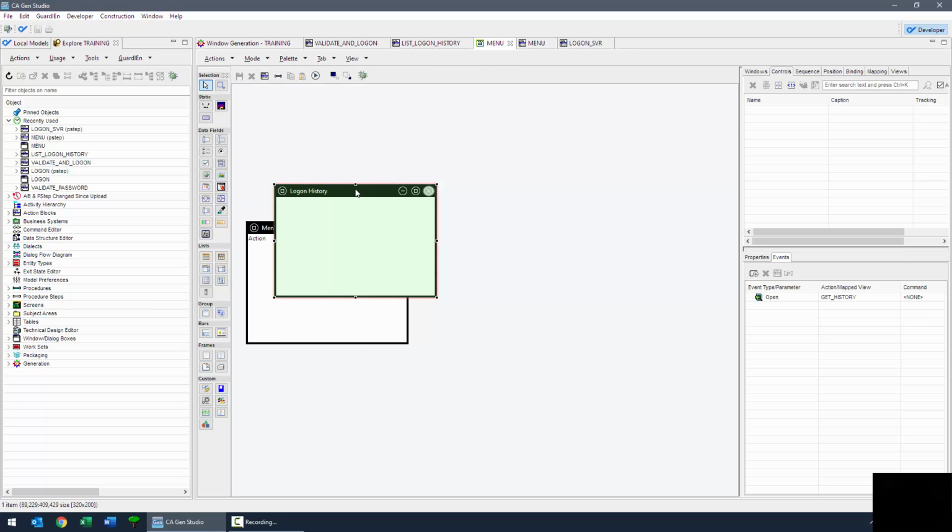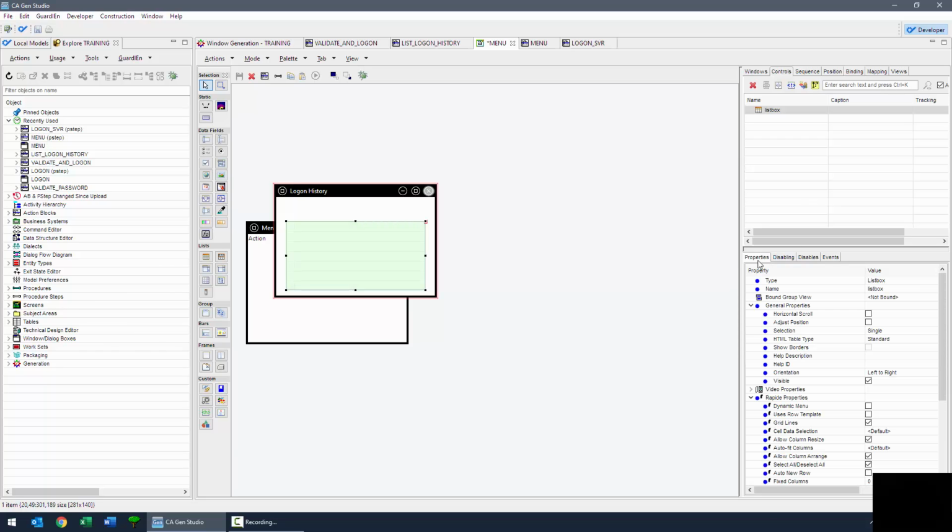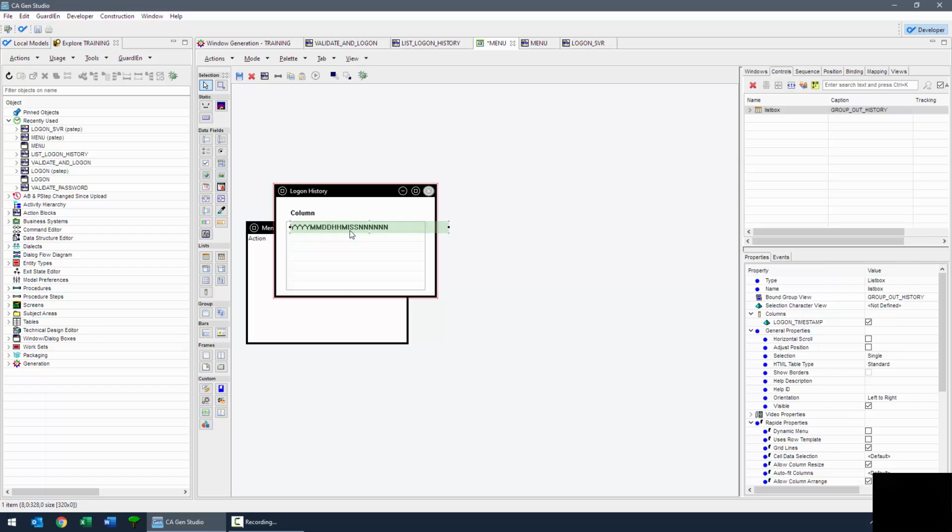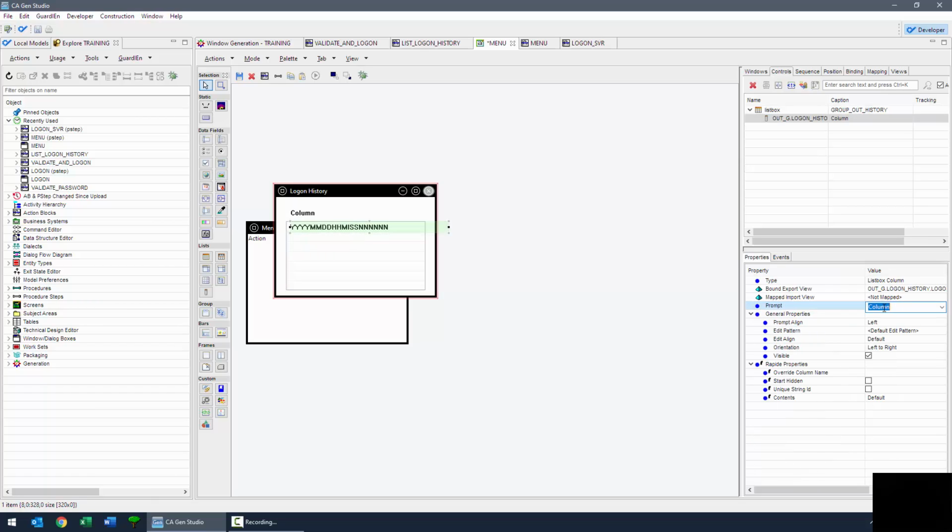So in my logon history, I'm going to display the data from the group view, and to do that I'm going to use a listbox control. And my listbox size there, and we specify where the data comes from by binding the listbox to a group view, the group out history, and then we can specify which column we want. So there's that column, which I'll call